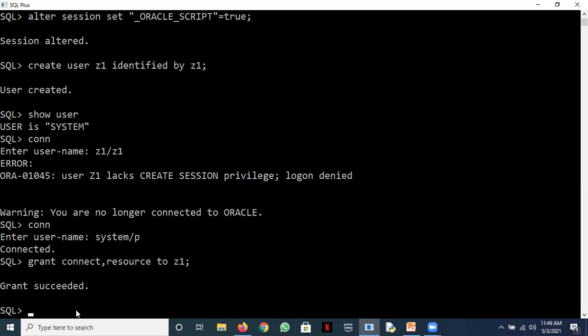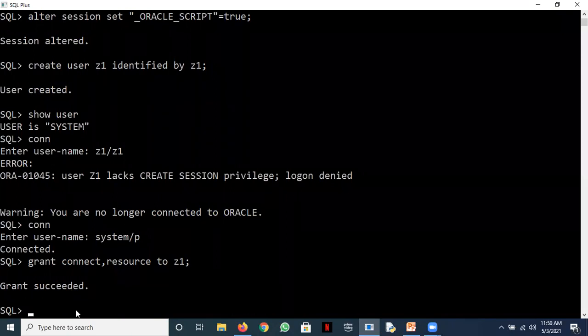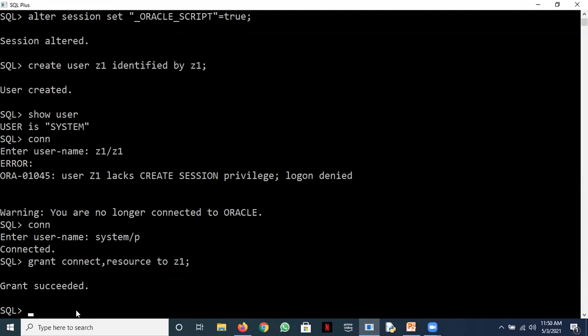A privilege is some authority which is given to a user. For a user to log on, he must have this connect role or the connect privilege. If it is not given to him while the user is created, then the user won't be able to log in. This connect ensures that a user can log in, and this resource ensures that the user can create various objects, tables, views. Okay, fine. So let's once again connect as Z1.